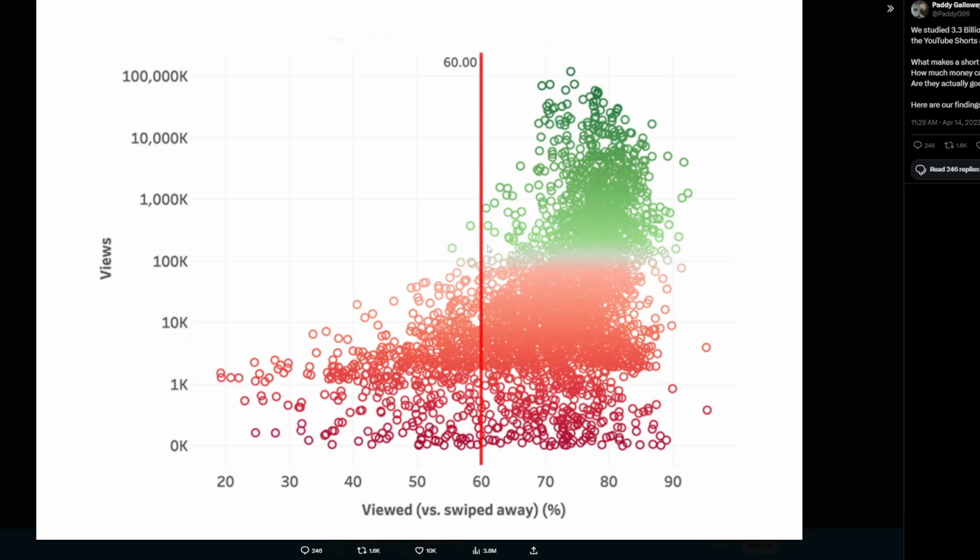Now, of course, you can see some outliers, like a few videos that did decent with less than ideal stats, and you can also see a graveyard of shorts right here, this huge cluster of red that had good stats but died. So what you guys should take from this is that not every short with good stats will go viral. That's just the truth. It's a numbers game. However, if every video you upload has great stats, then yes, it's fair to say one of your videos should eventually go viral.